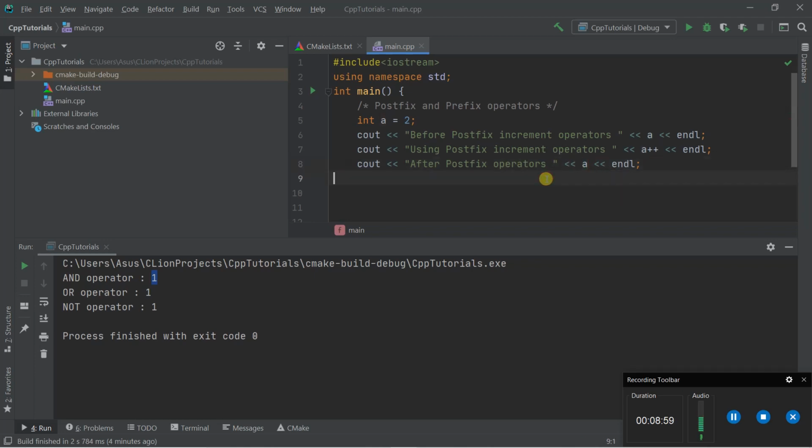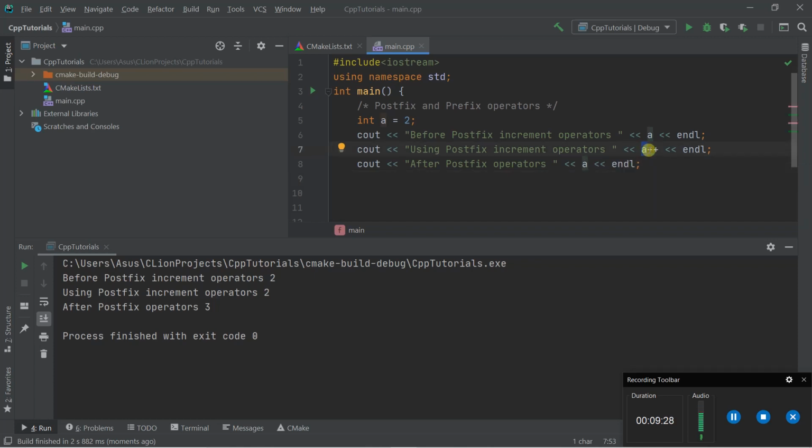So let's run the program. Okay, so before performing the operation, the value is 2, which is the initial value, and then we use the postfix increment operator. In a postfix operation, the value of the variable is used first.